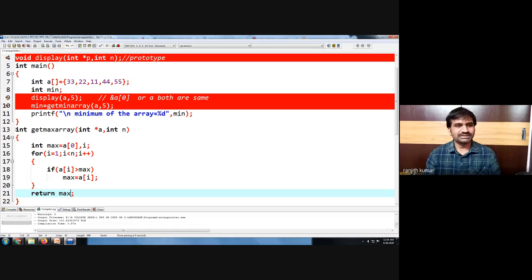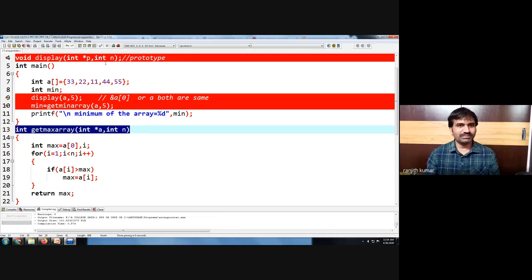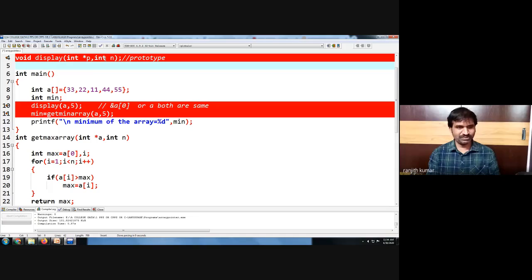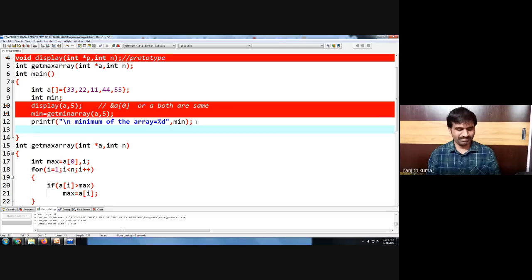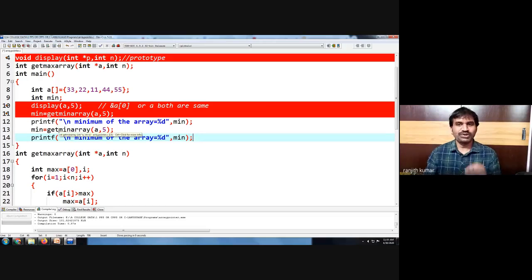Are we clear? The same thing, we will write a prototype at the very beginning of the program, terminated by a semicolon. And similarly, how you pass min array, in the same way you will pass max array also. Now you can ask one question: sir, can't you write min and max both in the same function? Of course we can write in the same function, but the function can return only one value. Are we clear? So if you want the minimum and maximum displayed in the function itself, you can use return data type void and display there itself.